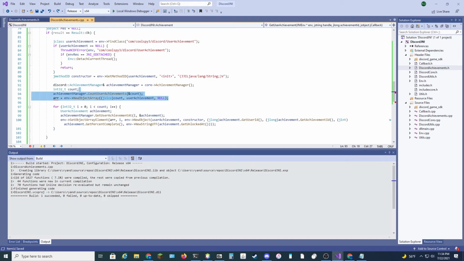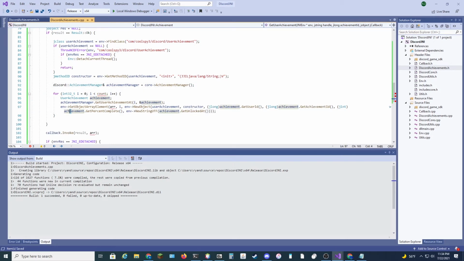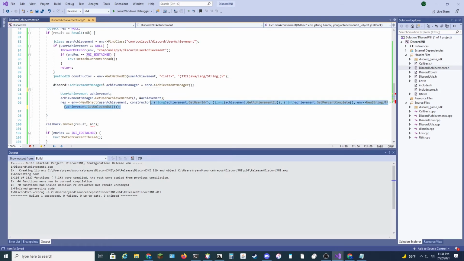I don't need to actually do count though or initialize this array. So I can just get rid of all of that. And then here, what we will do is just set the result to the same stuff that we've been getting before, except rather than doing it all like this, we will instead